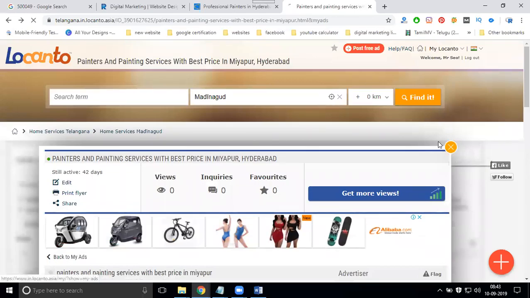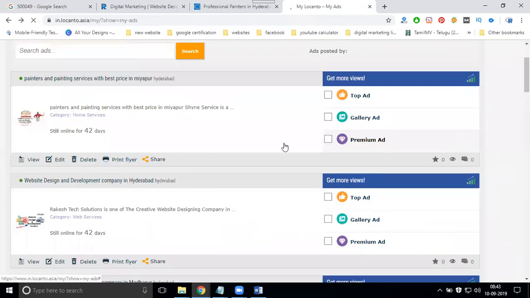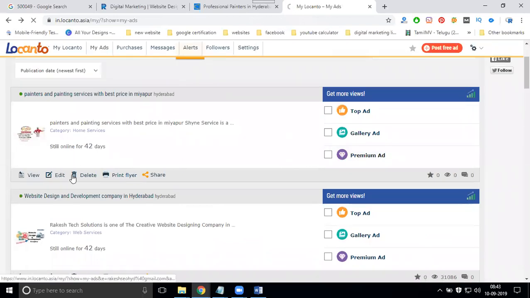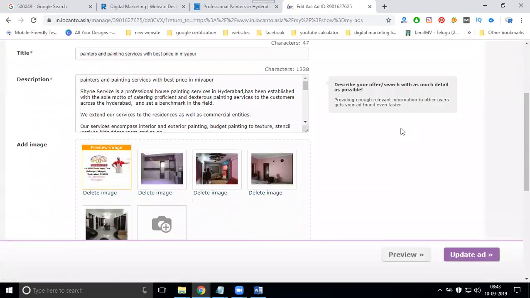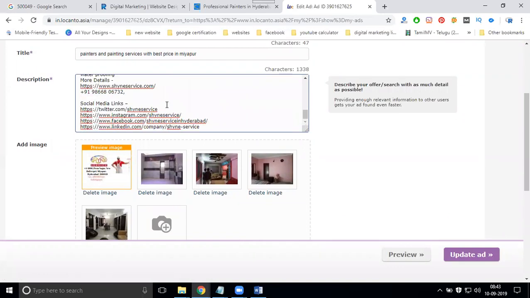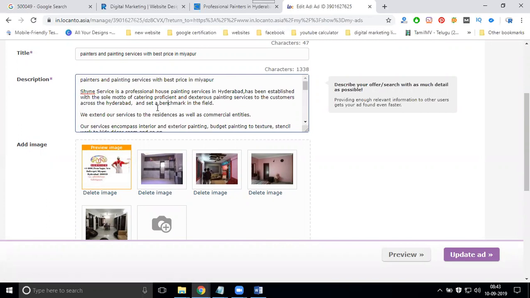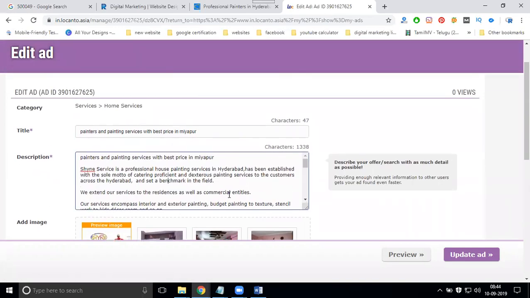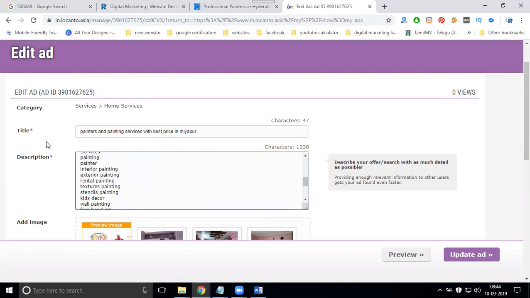I'll tell you that one. Edit. To the total description part, we can use any anchor text here. Any HTML tag, we don't create. So that is called a link will be accepted; any other link will not be accepted. We can give the hyperlink. So in this one,